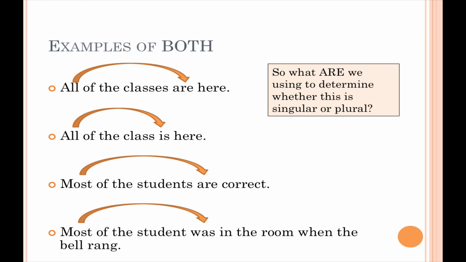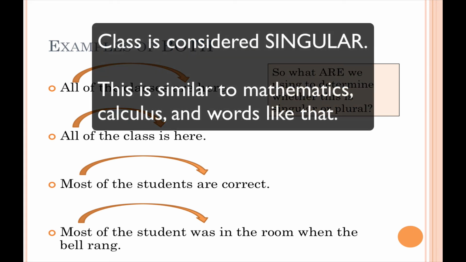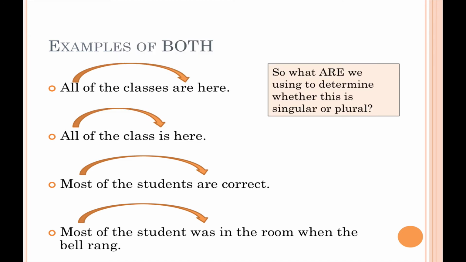So all of the class, meaning all of the students, is here. Now, this is kind of weird because even though class is made up of multiple kids, 20 to 40, however many you have in your class, the word class is singular. So if we use class, it's singular. All of the class is here. If we change it to all of the students, then what does it become? It becomes all of the students are here. Okay, so your subject is still all, but you are now using that prepositional phrase right next to it to